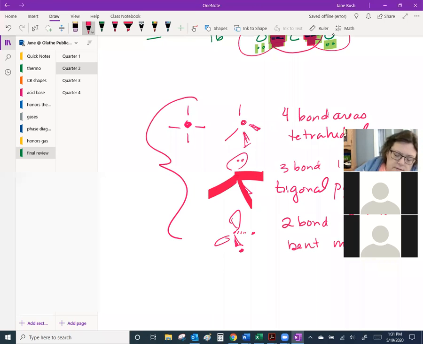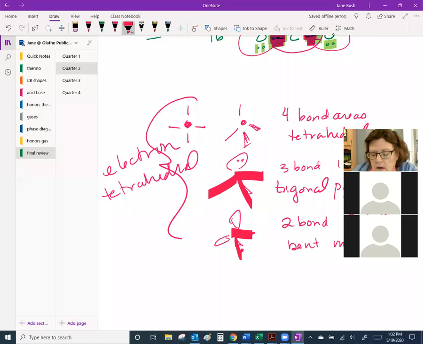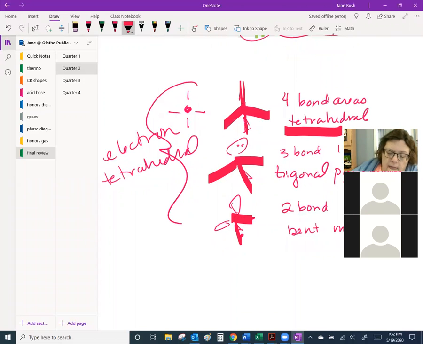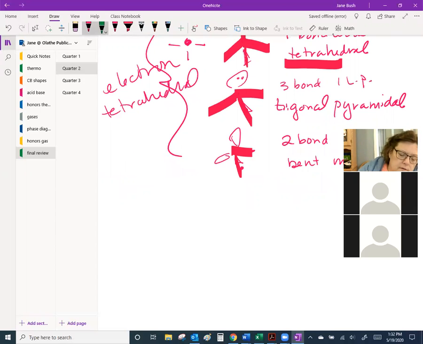All of these have the electron configuration of tetrahedral, but the molecules have different names. In the first case, tetrahedral is the same for both the electron configuration and the molecule, because that has 4 total bonding areas. Okay? If we have 3 bonding areas,